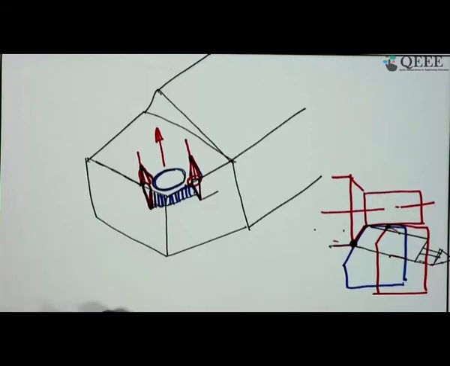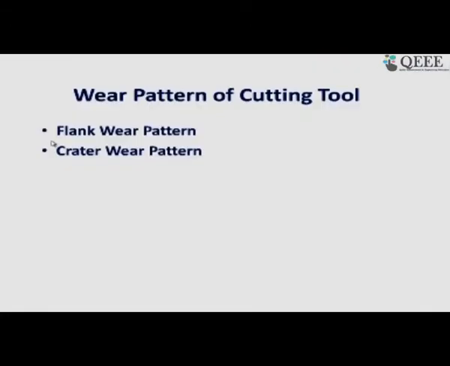Now, how to quantify all these things? So far we have discussed in detail the flank wear pattern and crater wear pattern. Now we see,